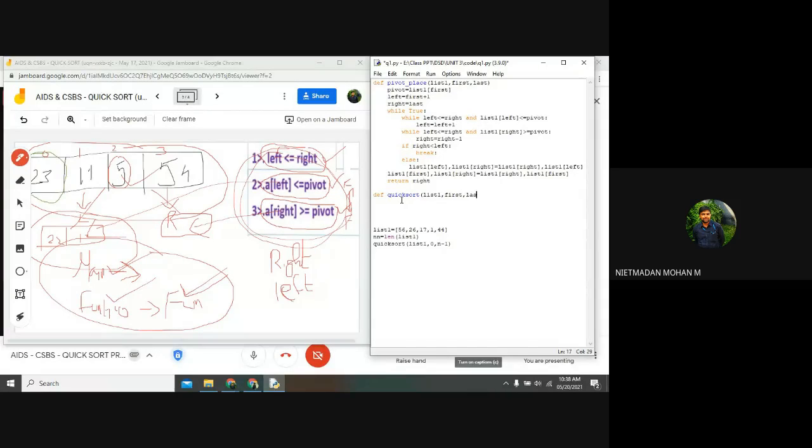Here list1 will be your entire list, and the value of first will be 0, and the value of last will be n minus 1.